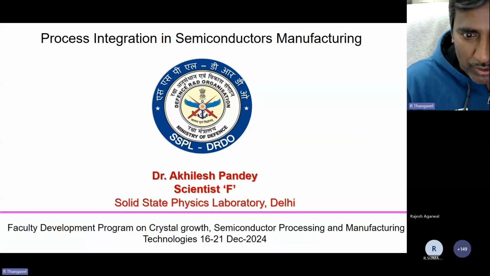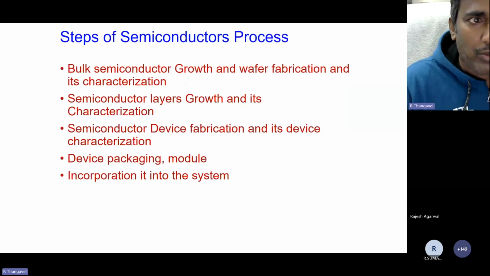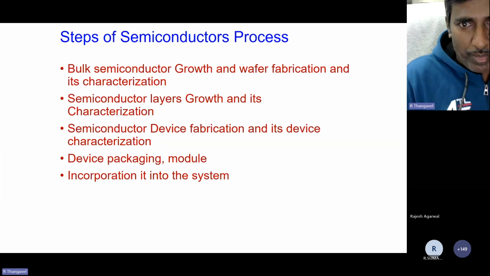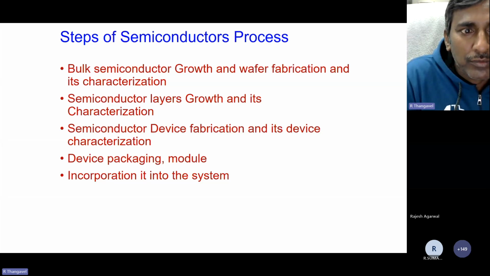Now, the plan of my talk. First, I'll give the introduction, in which I will slightly touch upon semiconductor materials and devices, where various products and semiconductor devices have been fabricated. Then bulk crystal growth, in which I will slightly cover bulk crystal growth technology using the Bridgman, Czochralski and PVT growth techniques for silicon carbide crystal, which is a wide bandgap material and